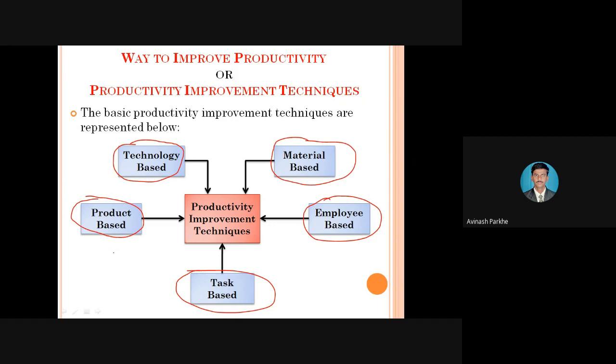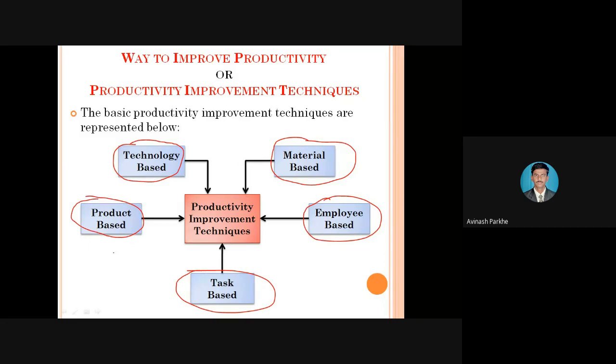In addition to that, we have to go for simplification of the process or simplification of the products. Simplification means easy to use. Whatever number of operations we are performing on the raw material, there should be simplification while performing those operations. The operators working on those products should be able to easily access the workstation, and whatever machineries are available should be easily accessible to the workers. All these factors are considered under the product based techniques.